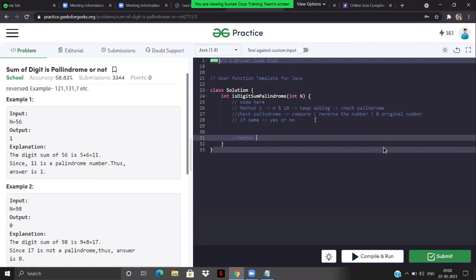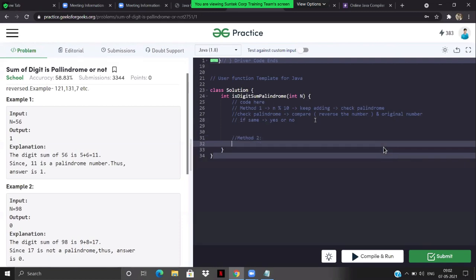There are other methods to do it as well. The second method, we'll discuss all these methods in the next class, but I'm just giving you a brief. Right? You can convert it into a string. First convert it into a string. After converting it into a string, calculate the sum. I will leave it up to you guys how exactly you are going to calculate the sum of a string. Right? Iterate over each and every character inside that string and calculate the sum.